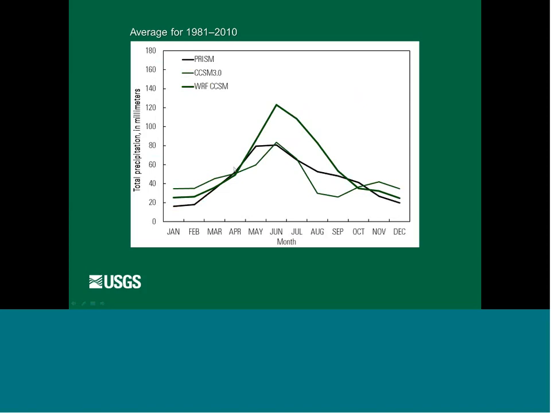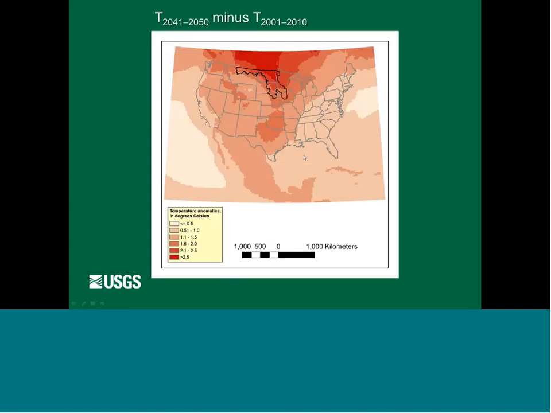Here's precip. The black line, again, is PRISM. The green line down here is CCSM. We found that it's relatively flat. It's even flatter if you look at the Great Plains. But also for the Missouri River, it's got a bimodal distribution, which we know is not true. We got rid of that bias and the bimodality, but we still got too much of a peak here. Again, if we look at the plains, that peak is lower, and if we do our second 36-kilometer run with pulled-in boundary conditions, that ends up coming down quite a bit. But we're showing our first bigger run right here.